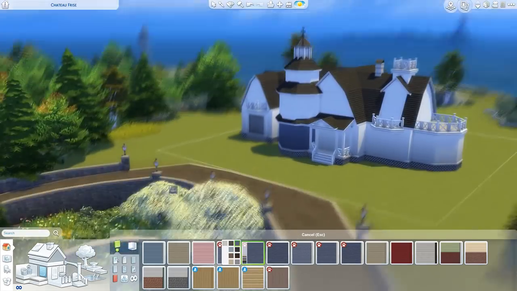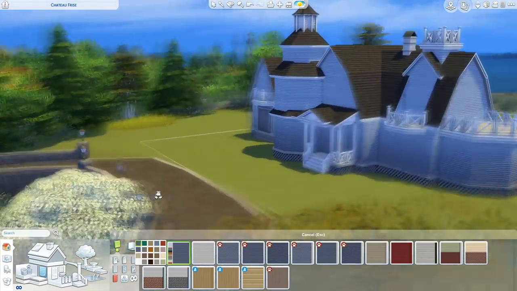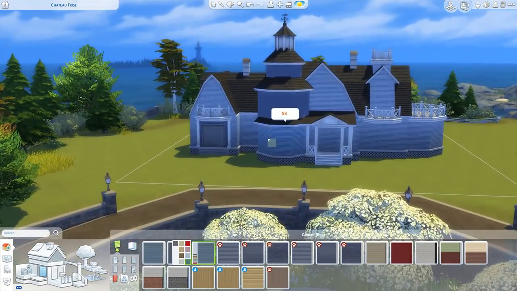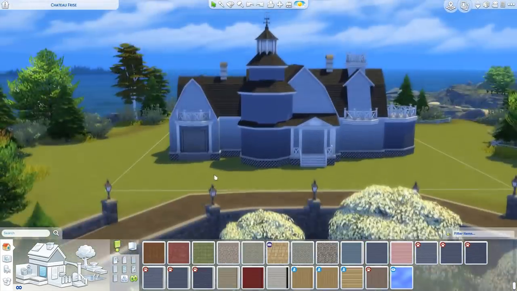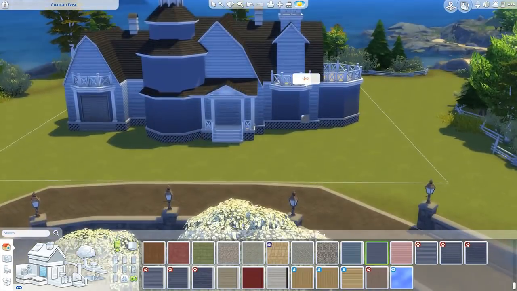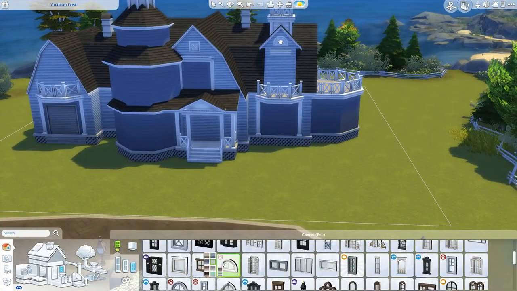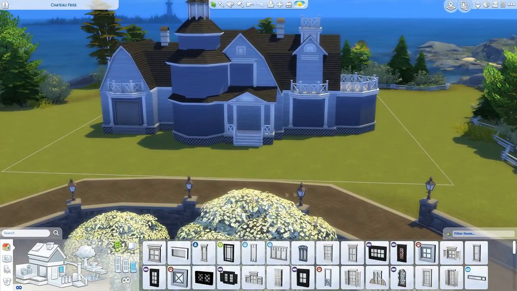So I basically chose a light blue color scheme for this one. Of course, I was going for that nautical theme, so there's definitely an abundance, or maybe an overabundance, of blues and navy blues. The base color is this light blue clapboard that came with Pets, and then I also used some accents of this base game siding, which I believe the recolor that I specifically used was that indigo water,